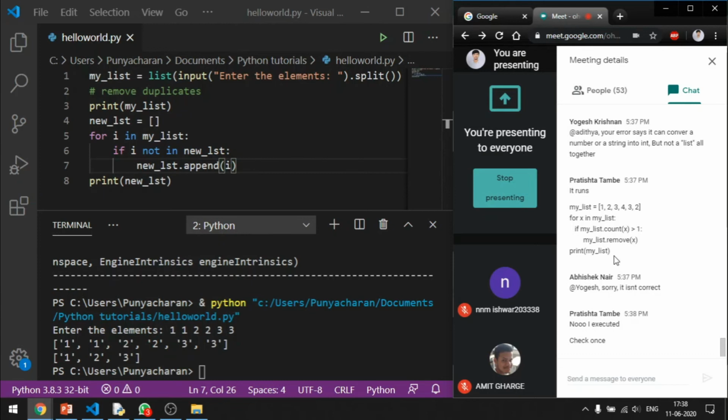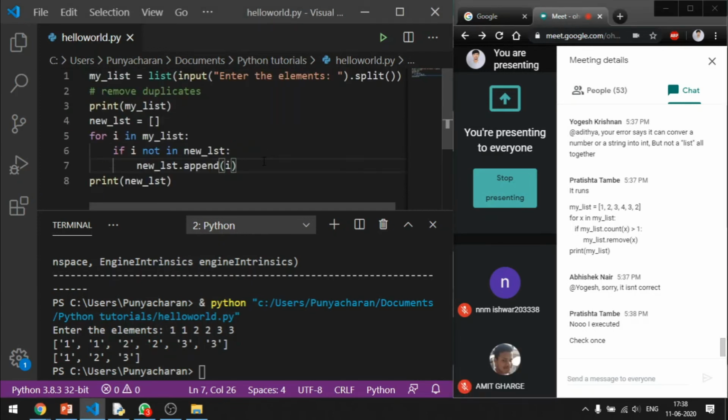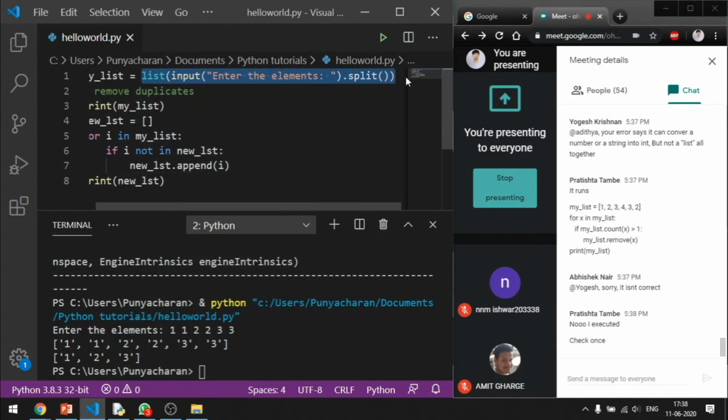Okay, before going to that, let's see this particular solution. This is simple but not efficient. I would say this is simple, and let's see what we can do. Here, as I told you before, I'm going to read the input from the user. Let me start from scratch. Many people are facing issues, right? I'm going to read the input from the user as a string. Basically, it is going to read this entire thing as a string.